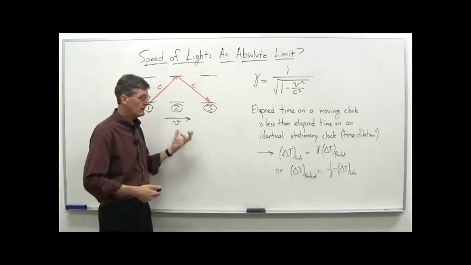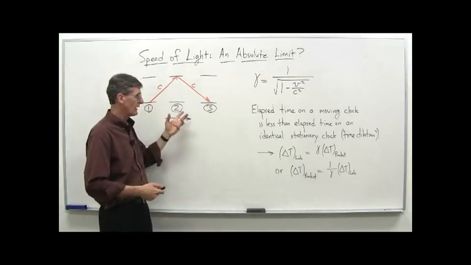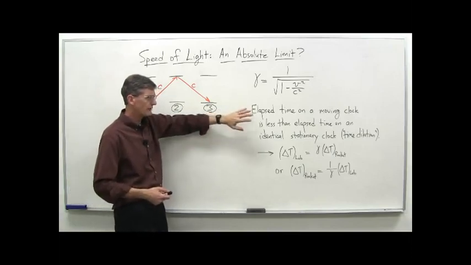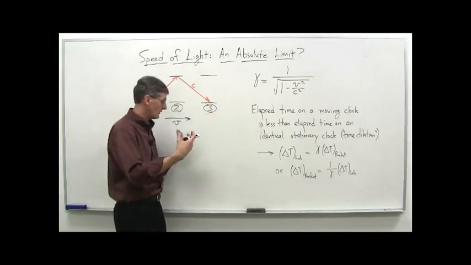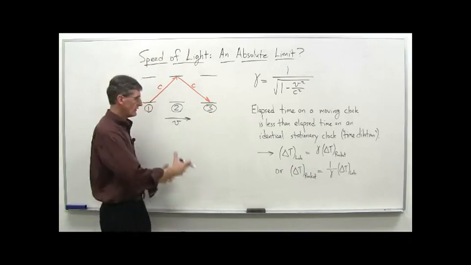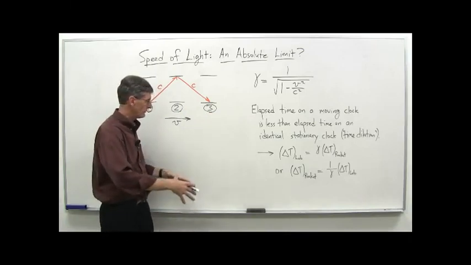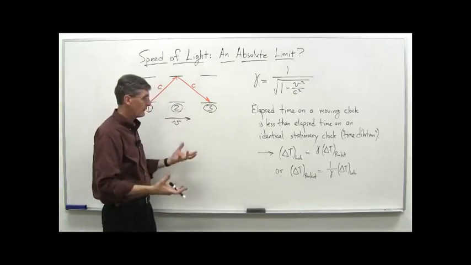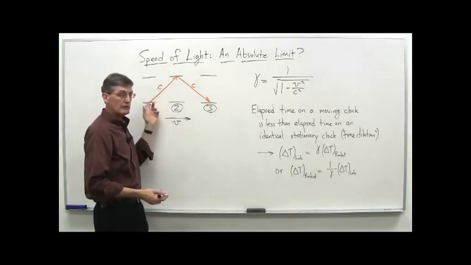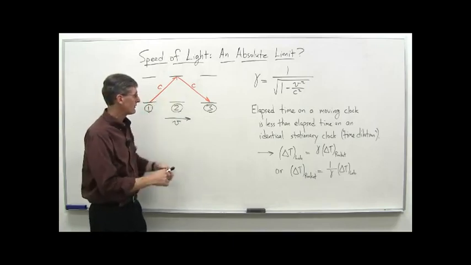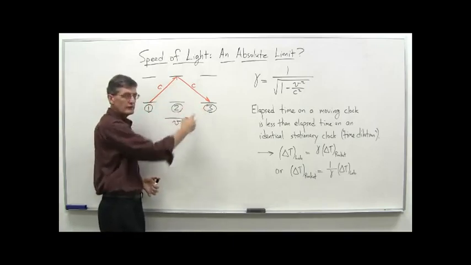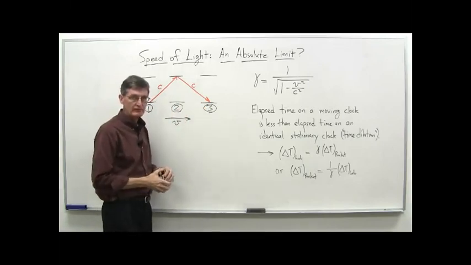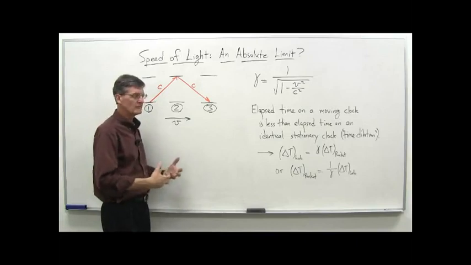Now, let's see how that factors in with our light clock example. Remember, from the light clock, we found that the elapsed time on a moving clock differs. If I'm observing, we've got two identical clocks. Maybe Alice is here with me, and we see Bob going by with his light clock, and we compare the two. The light that we see in his clock has to travel a longer distance than the light in our clock, and therefore his clock ticks slower.